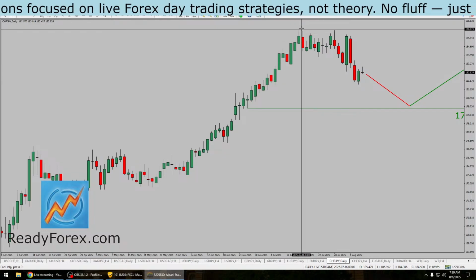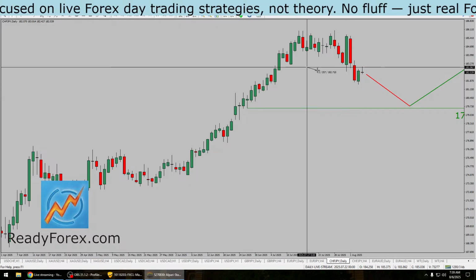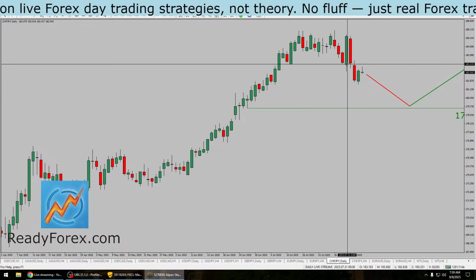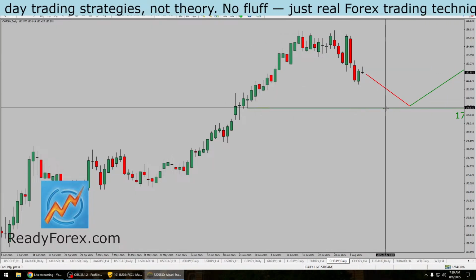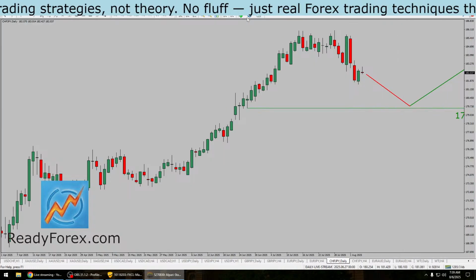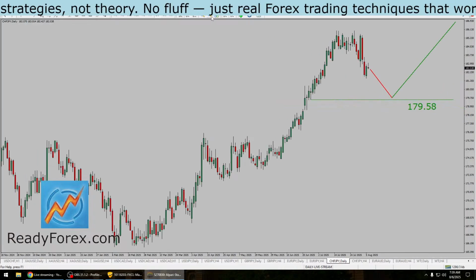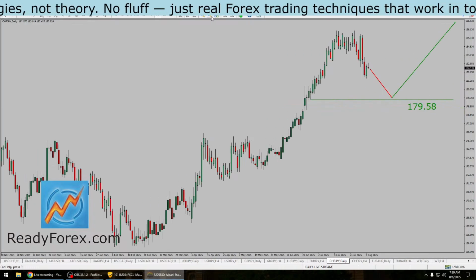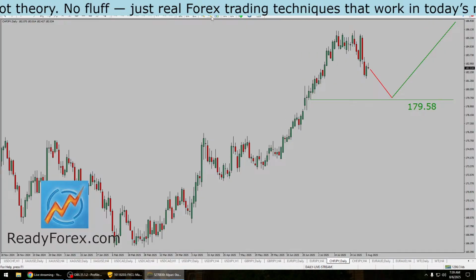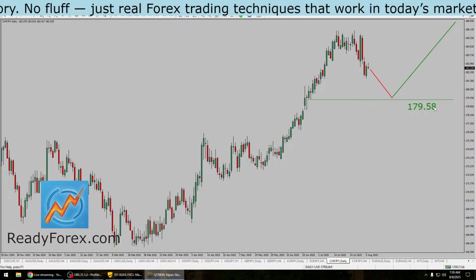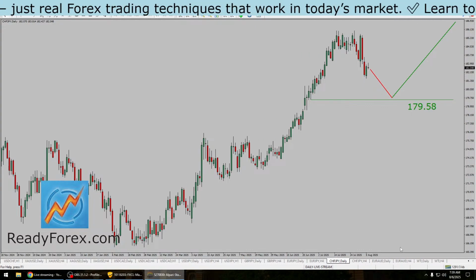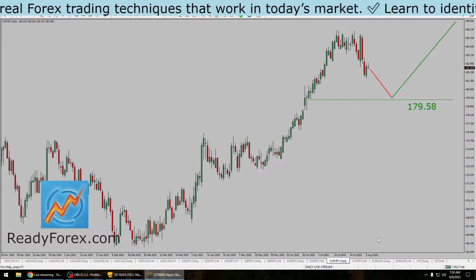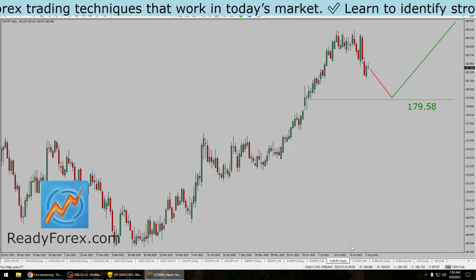This is also kind of a drop over here. It looks a bit bearish, but we want the pullback around 179.58 level first. Then I could look for a potential buy trade setup over here. Otherwise, let the market fall. Okay,